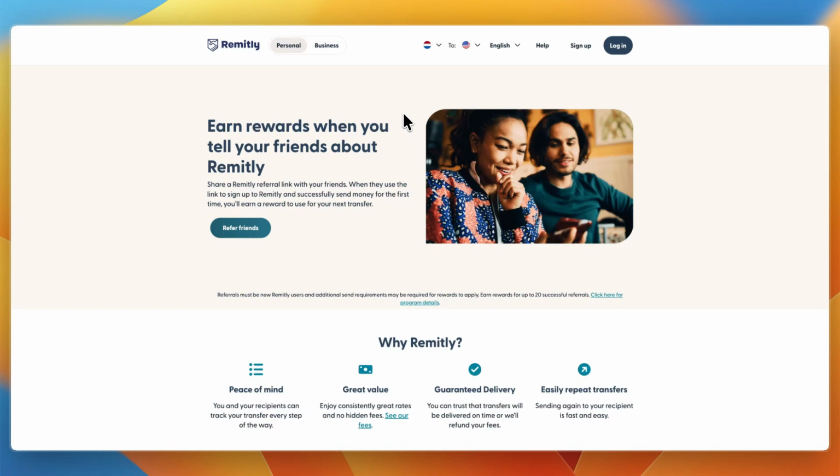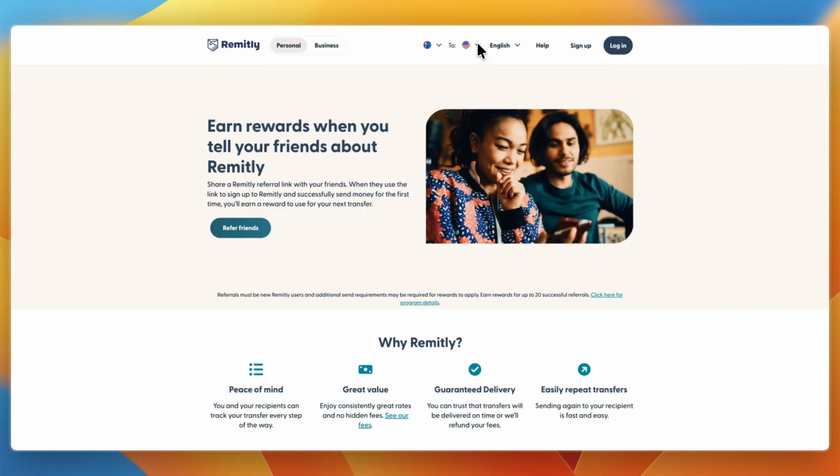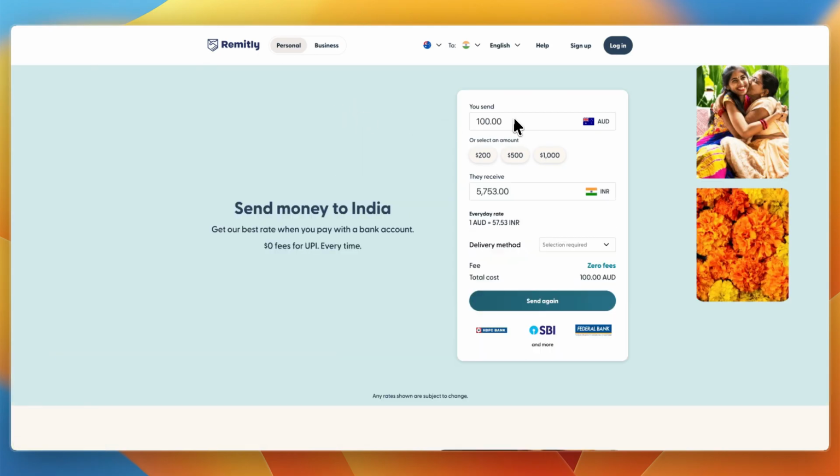In this video, I will show you how to send money from Australia to India through Remitly. To do this, first go and open up Remitly, whether it's the app or website, and then set your country to Australia, and just set the country you're sending to India. Then here you can choose how much you would like to transfer, for example 70 Australian dollars, and you can